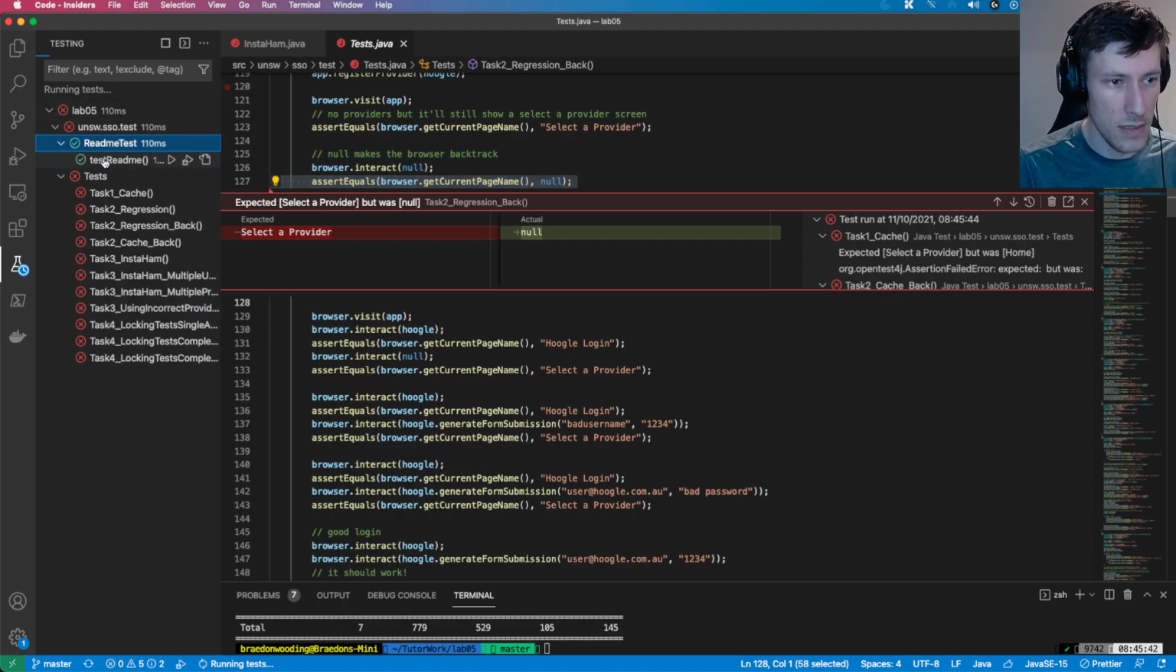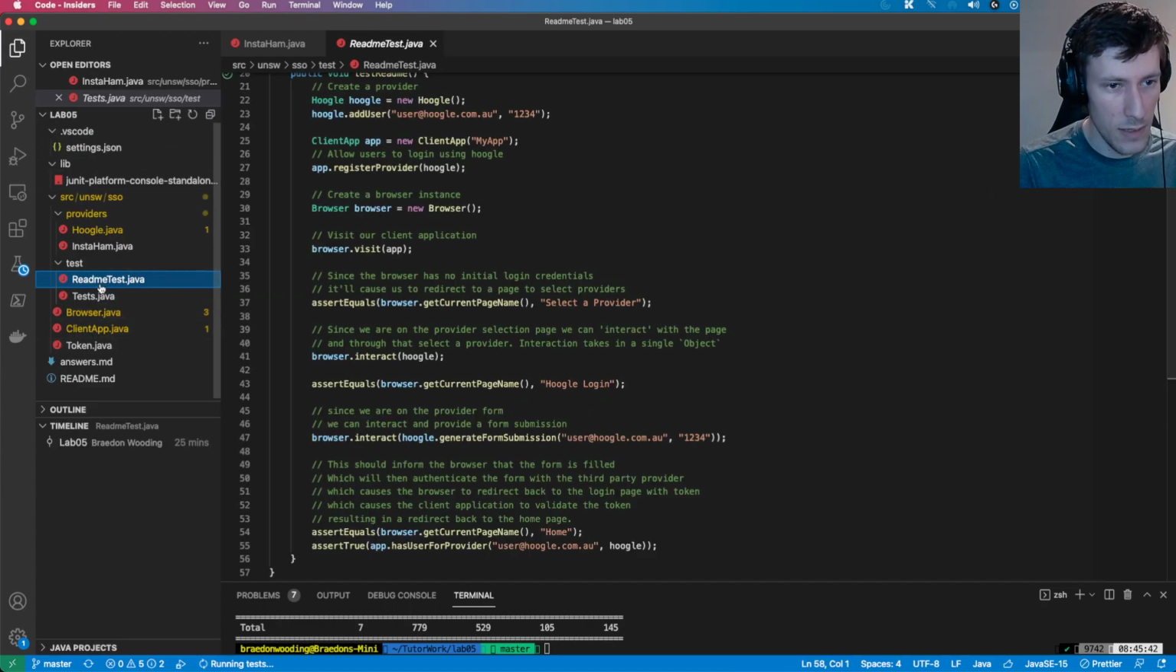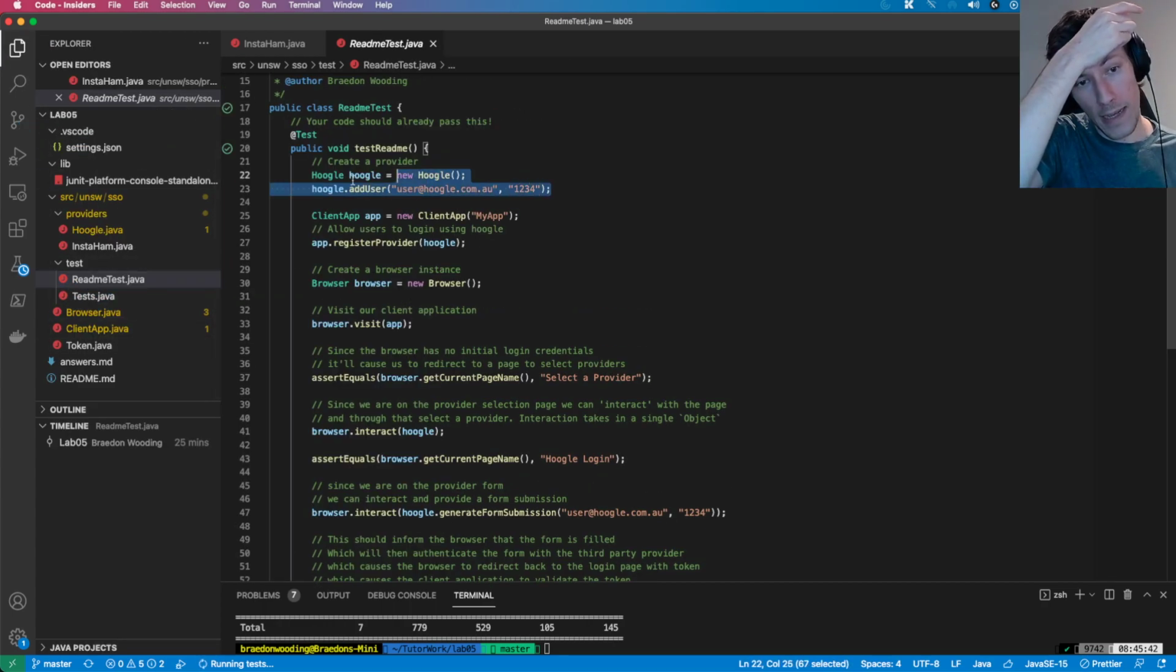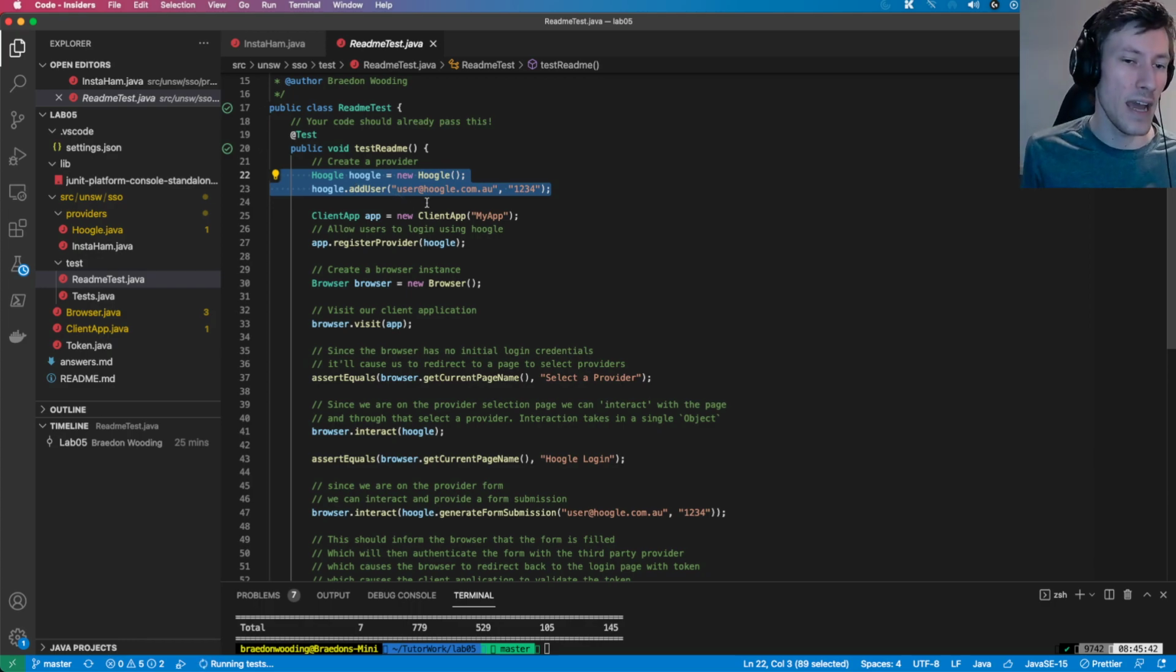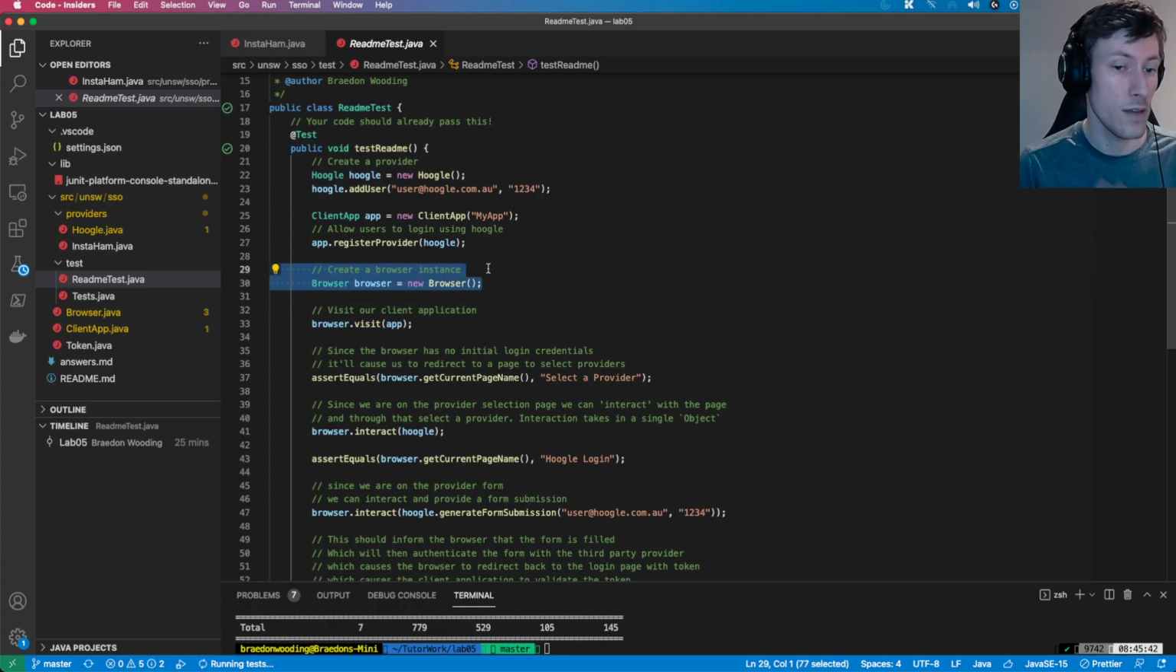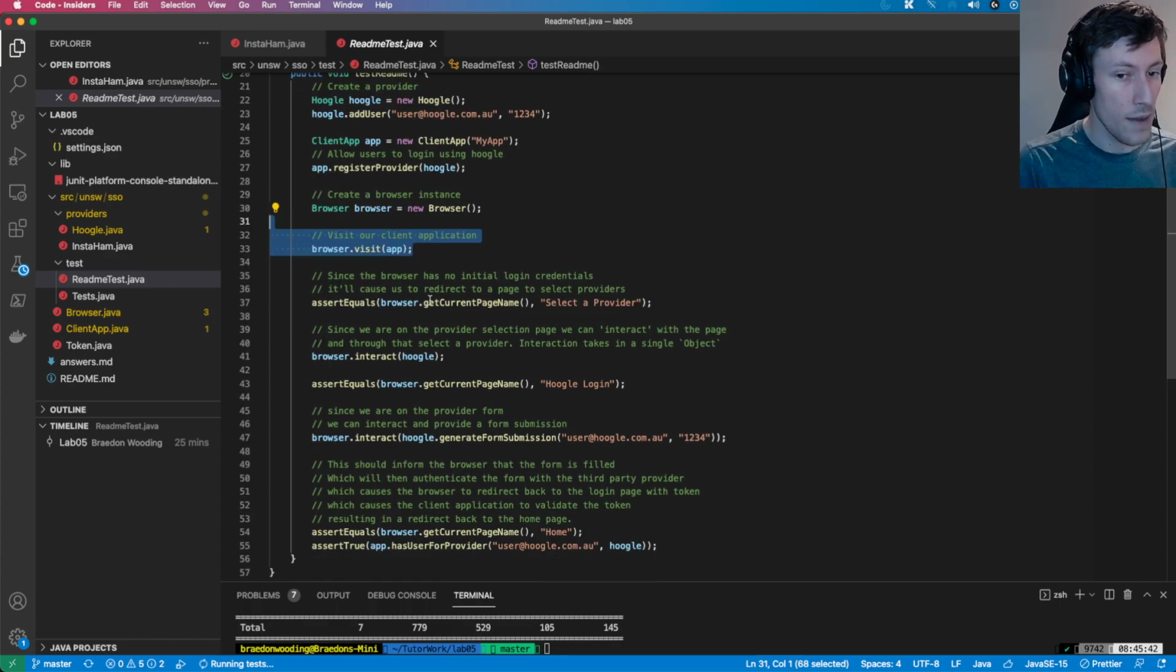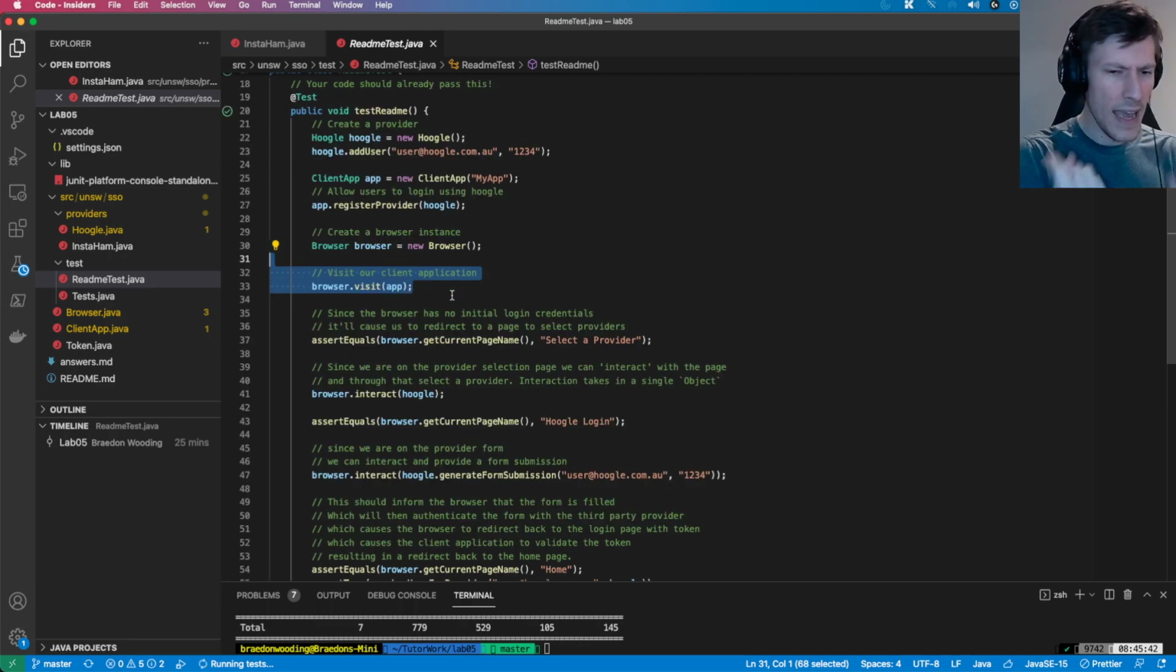Okay, so let's have a look at this. What we're going to do is create a provider called Google. Then we're going to add a user to that provider, which says this user can log in through Google. Then we're going to add a client application. We're going to register that provider with that client application to say, yes, this app can use this provider. We're then going to create a browser to let us browse the web. We're going to then visit this application. By visiting this application, it will say, hey, I can't log you in. You don't have any credentials. So it will cause us,